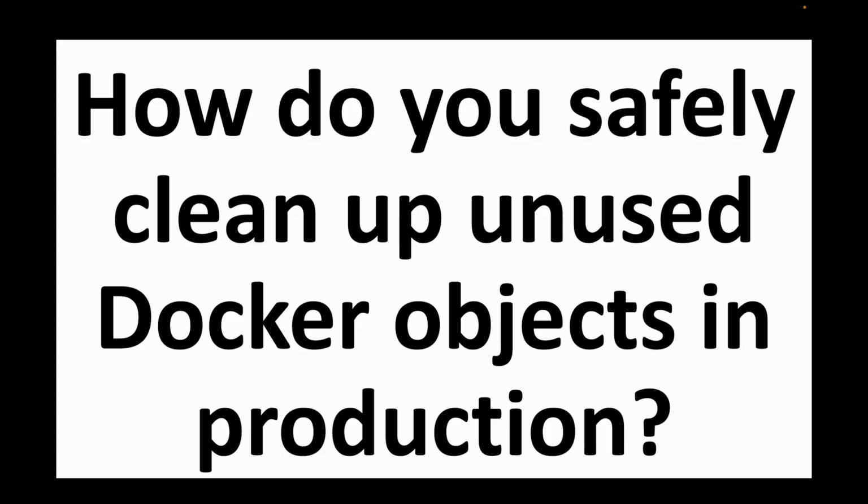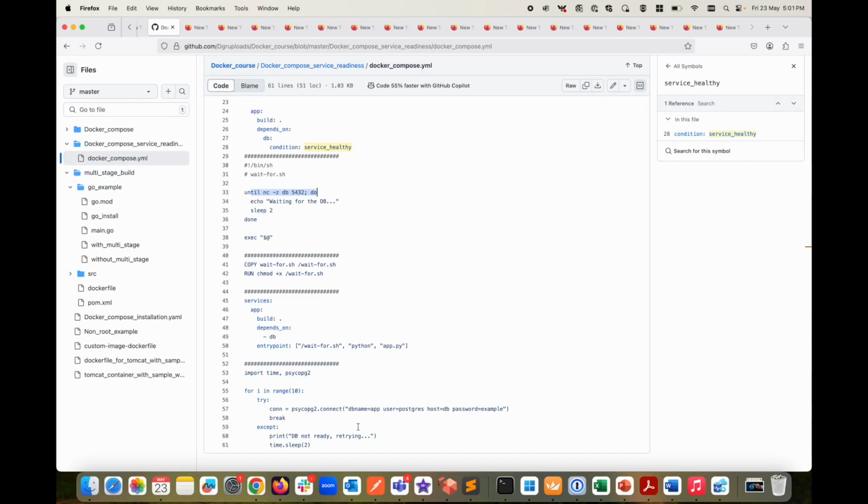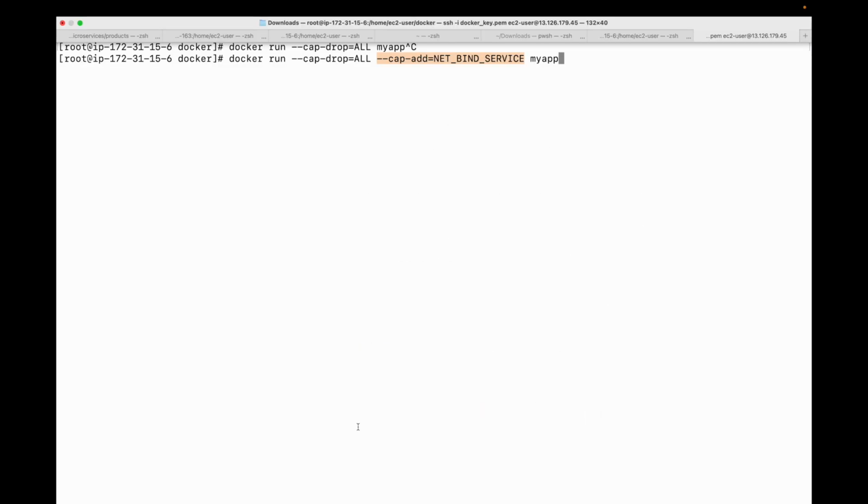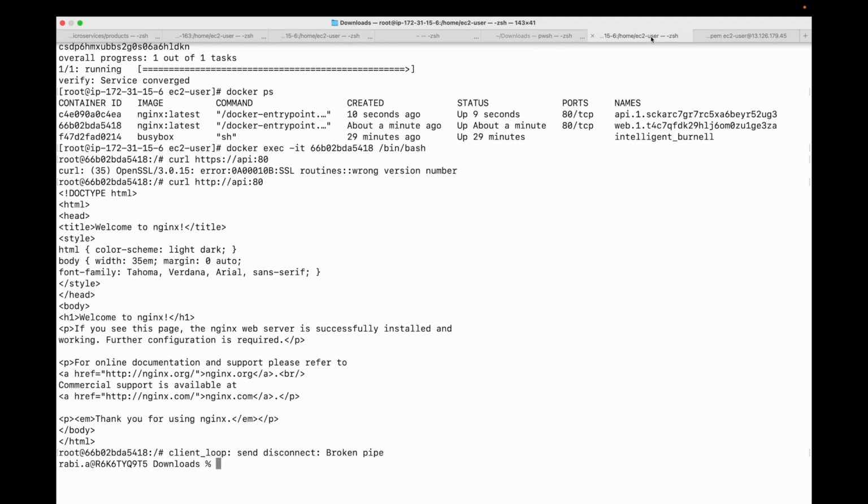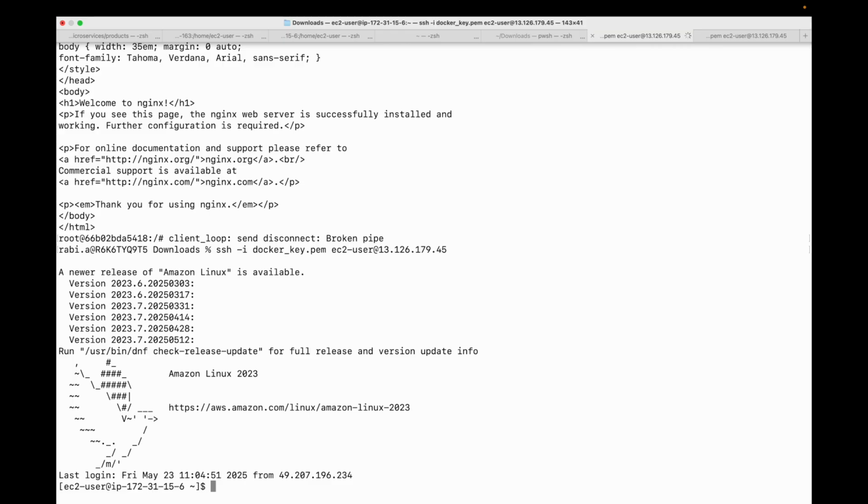However, in production, blind cleanup is very dangerous, right? You must clean safely without deleting anything critical, right? So let's say we're talking about production, so it's always important that we be cautious about what we are deleting. Now there are a few commands that we can use in Docker, which will help us to free up space and delete any unused components. So one of the commands we have is